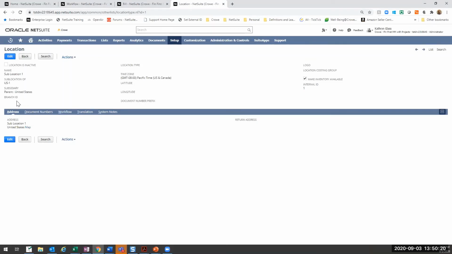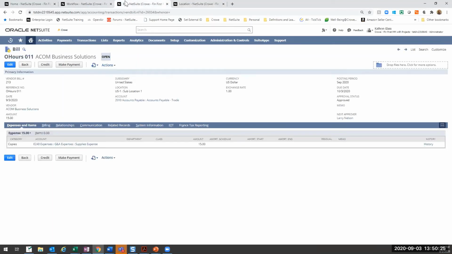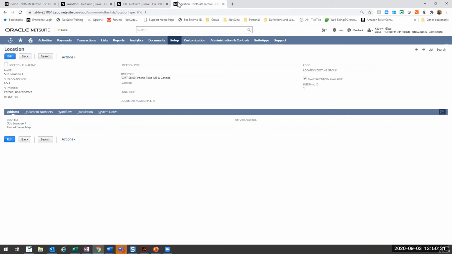And you define a person here as the location manager, and every workflow, every bill that goes to location, sublocation could be routed to, instead of using the employee supervisor, you could use the location manager. And that way, if your location manager changes, you as an administrator could come here, update your location manager, and immediately the next day, the next bill will be